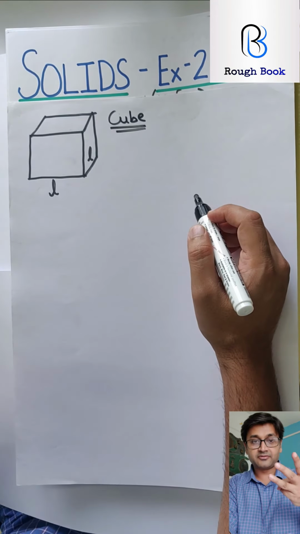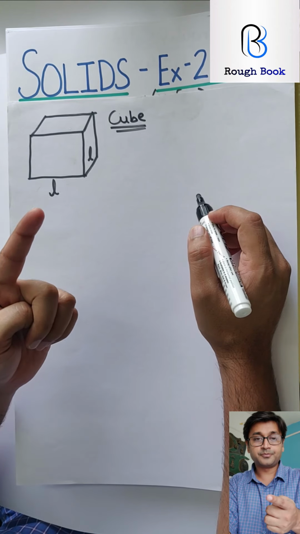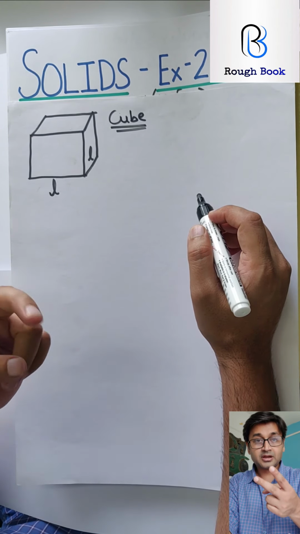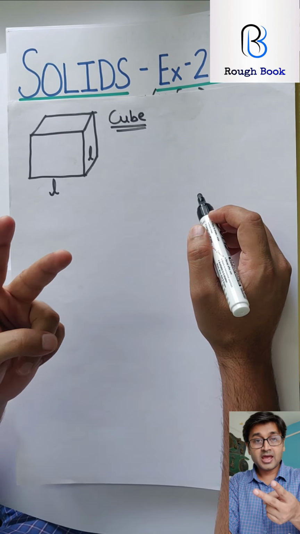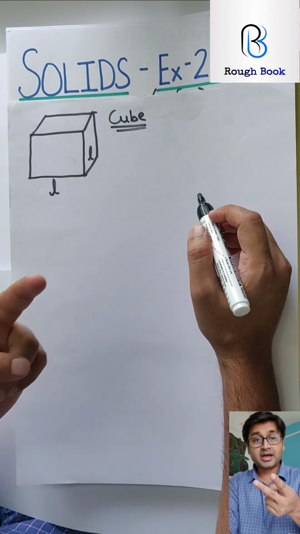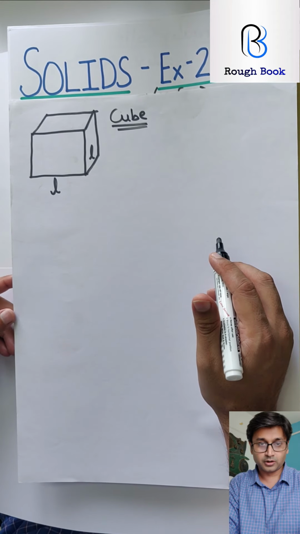Now there are three things that we need to understand here. Number one, the surface area. Number two, the volume. And then there are two parts of surface area. Surface area is any area which you can see and paint, and volume is the inside space that is available. So if you consider a box, all the surfaces are the surface area, and the place that is available inside becomes the volume.